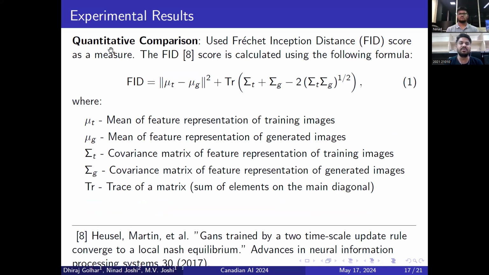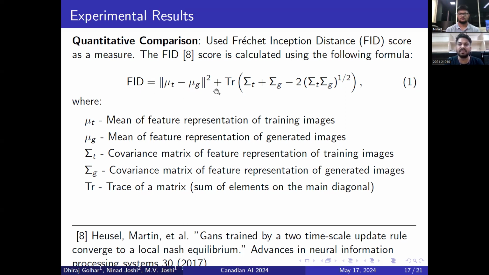We saw it perceptually. Now we have to look at it numerically, the quantitative comparison. For that we use the Fréchet Inception Distance score, that is the FID score. The FID score is actually giving us both things. One is realness, that means how close the generated images are to the training data distribution, and another is diversity, that means how much variation there is in the generated images. So FID gives us diversity as well as realness, and FID is calculated by using this formula,